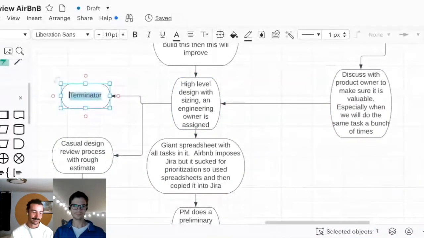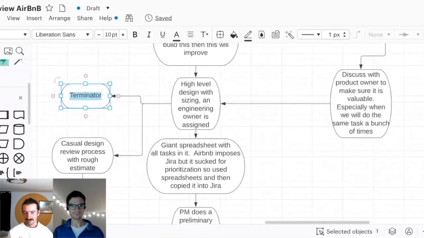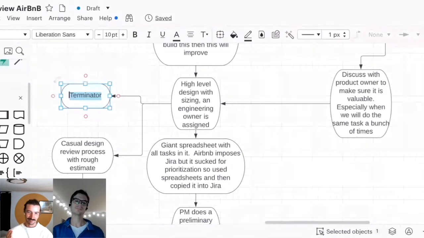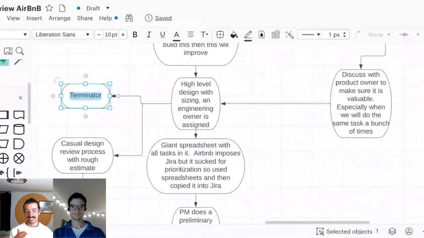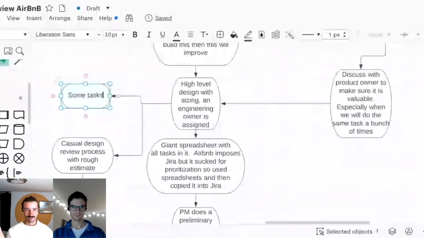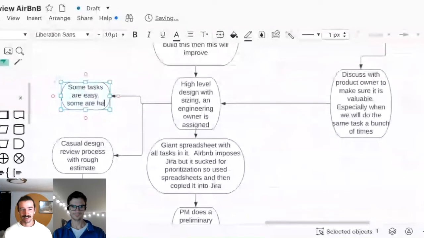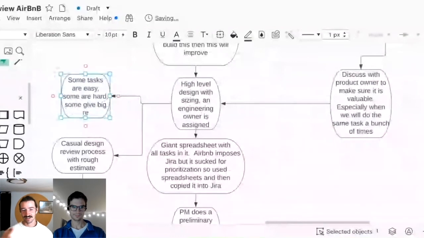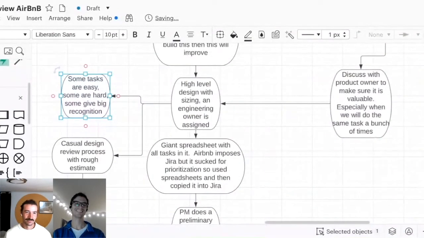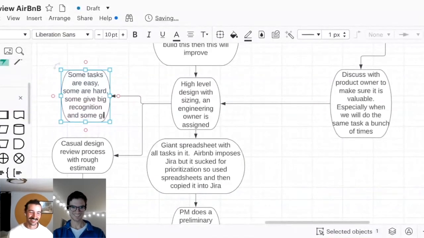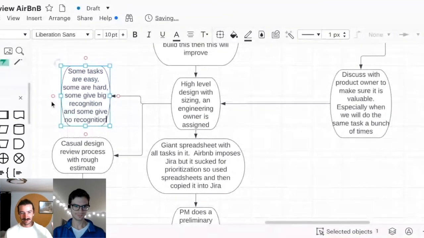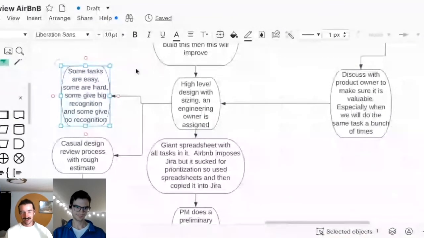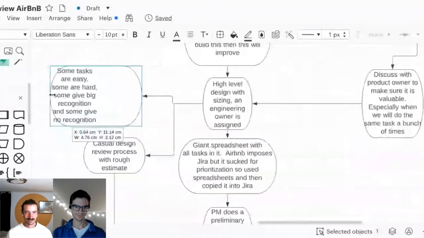So that's kind of a good task, even though it wasn't particularly intellectually satisfying. Then there's tasks that are really hard or really painful and don't get you any recognition. And then there's the easy, no recognition tasks. A lot of bugs, in my opinion, fall into that: it was easy to fix and no one cared. I think you can pick and choose what you want to work on. There's certain people who really go hard for the easy, big recognition tasks. I think that can be really good for you early in your career.